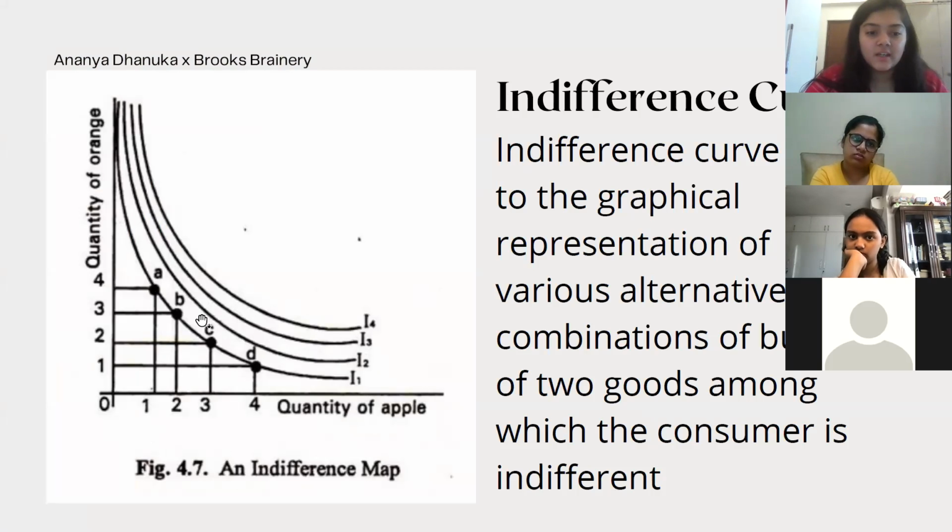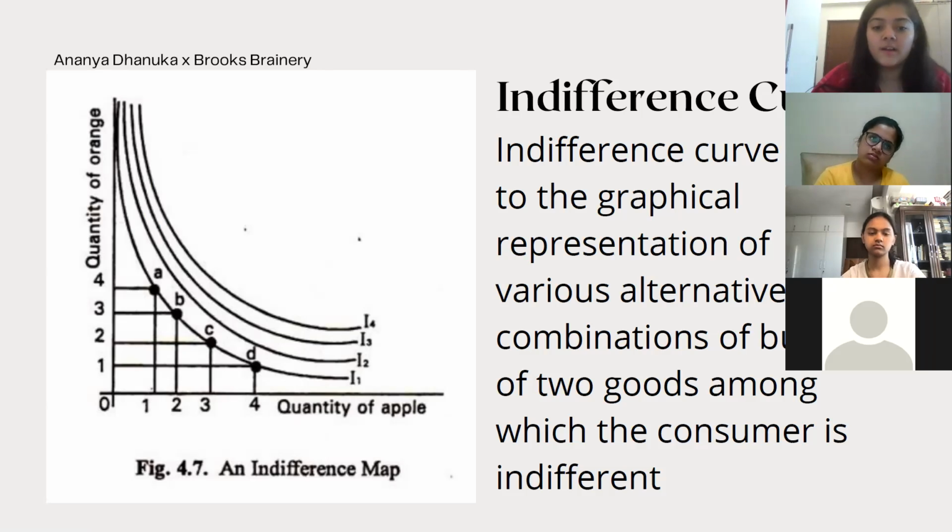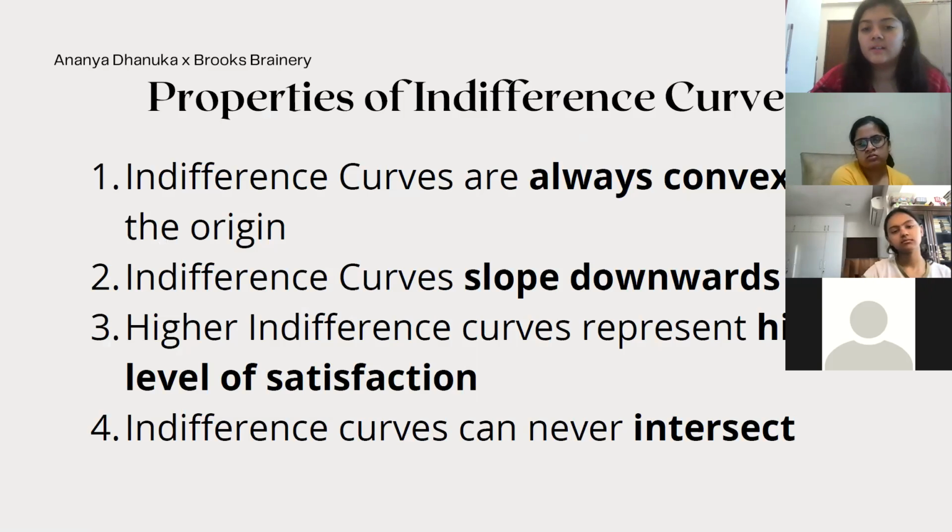So they're intersecting, which means that there might be a point here where you're coming from two different indifference curves, so your level of satisfaction has to be different. But there's a point where those indifference curves are intersecting, and it clashes with the assumptions that we're working with: that there's transitivity, or that one indifference curve only has a consistent level of satisfaction. So there can't be a bundle where you're getting both more satisfaction and less satisfaction, which is why indifference curves cannot intersect.